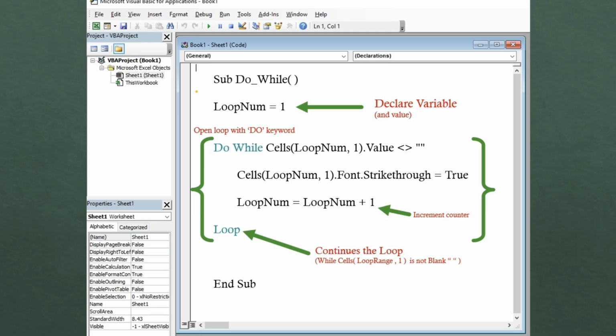Now to take a look at a macro that is using a do while loop, we declared a variable, loopNum equals 1, which will be similar to a counter variable, but will be an increment counter, which we'll talk about later in the do while loop. So we can open the loop with the do keyword, and then we can either use while or until. In this instance we are using while, and then Cells(loopNum, 1), row loopNum and column 1, value is not blank. So do while this condition is true,